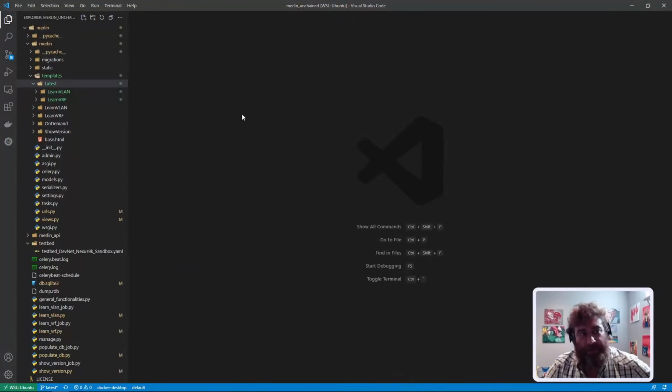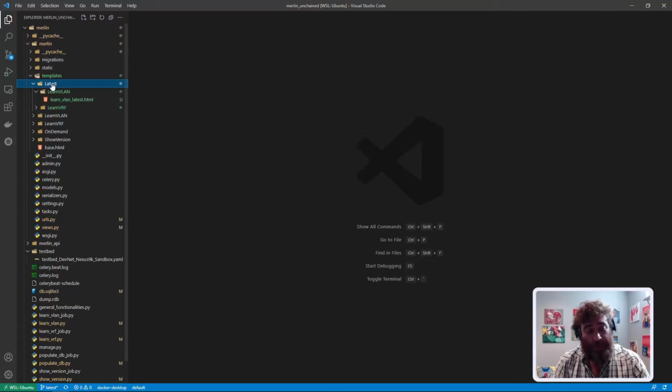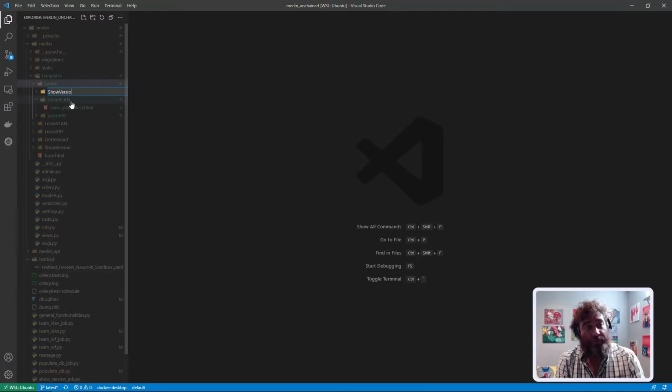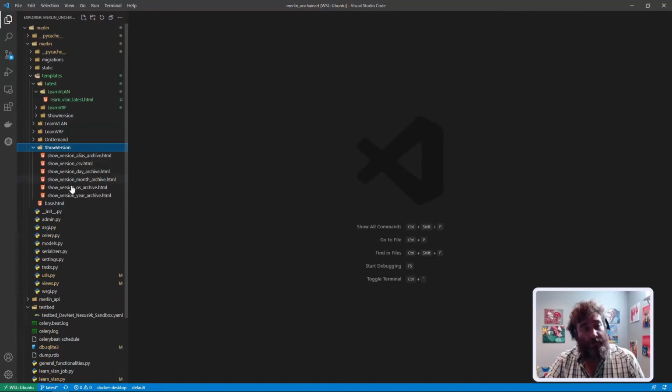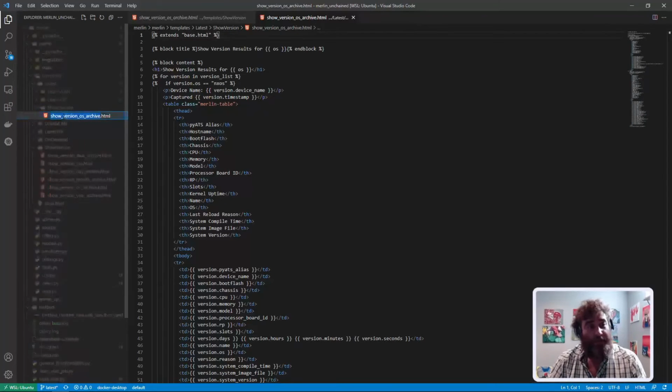Hey everybody. Now that we are on track and have our timestamps normalized without milliseconds, let's go ahead and do the show version latest data set. Now again, there's really only three things we need to do. We need to make a new template, and what we're going to do is steal that template. So I'm going to make a new folder in my templates folder for show version, and then I'm actually going to steal, it doesn't matter, let's say the OS archive here, and put it into the show version command. Let's rename this